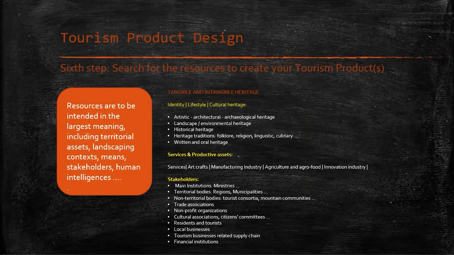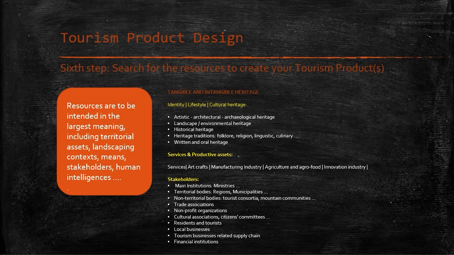Sixth step, search for the resources to create your tourism products. Resources are to be intended in the largest meaning, including territorial assets, landscaping contexts, means, stakeholders, human intelligences. Here is just a little memo: susceptible to be implemented, tangible and intangible heritage, identity, lifestyle, cultural heritage, artistic, architectural, archaeological heritage,